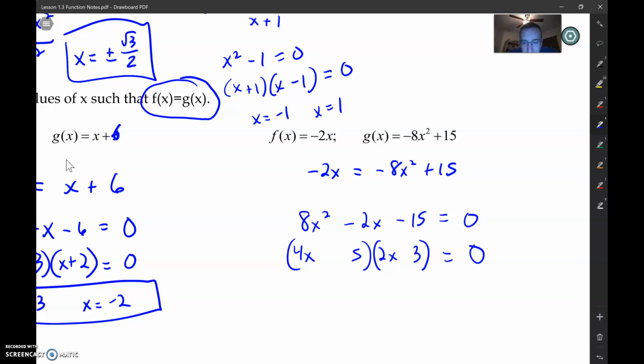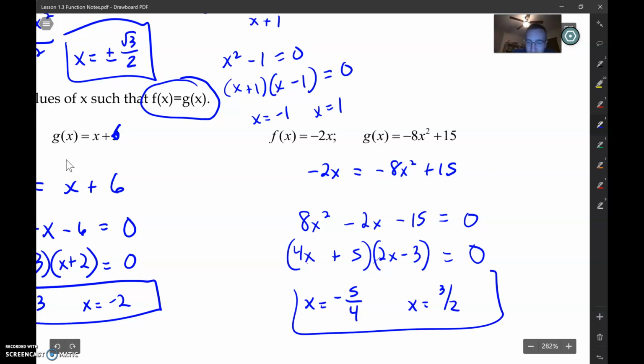I need to make it a negative 2. So let's make that a negative and that a plus. And let's do a quick check on my math. That's 8x, that's negative 12 and positive 10. Booyah, it works. So our 2 answers are x is equal to negative 5/4 and x is equal to 3/2. Bada boom, bada bing. Those are the 2 values in which these are equal. If you don't believe me, whip out your